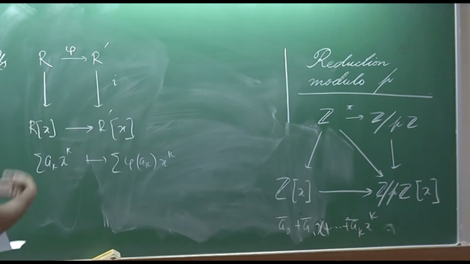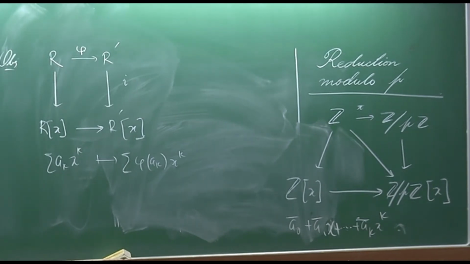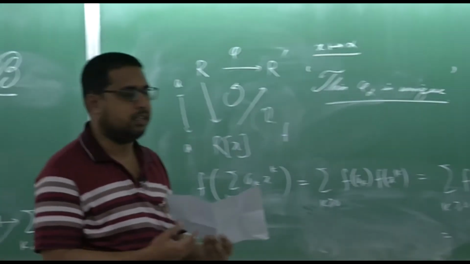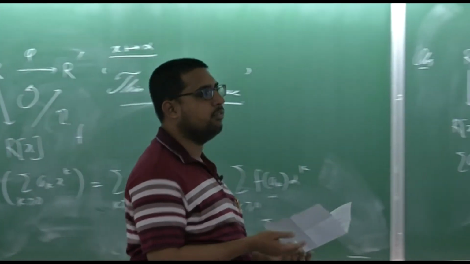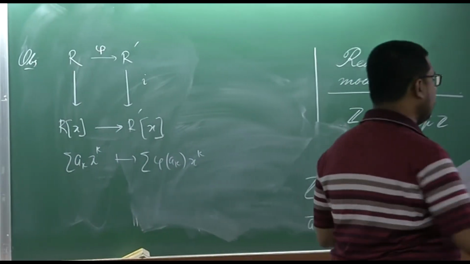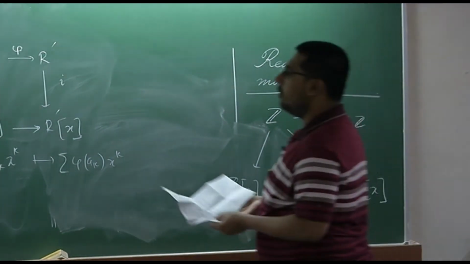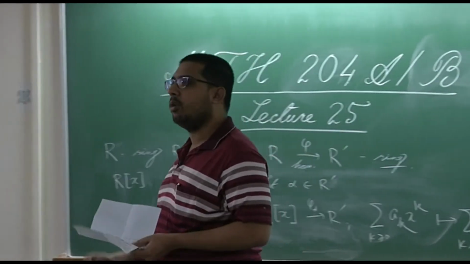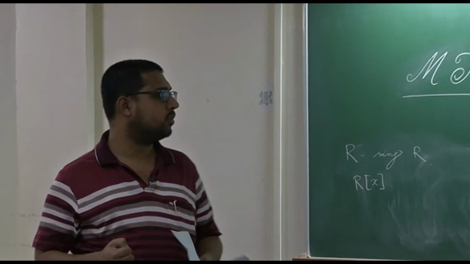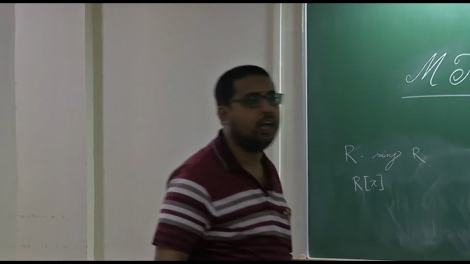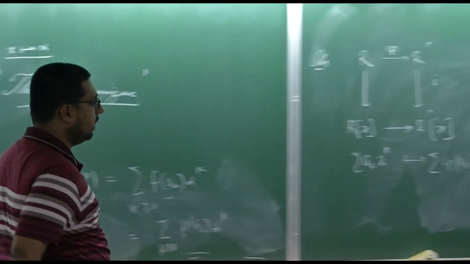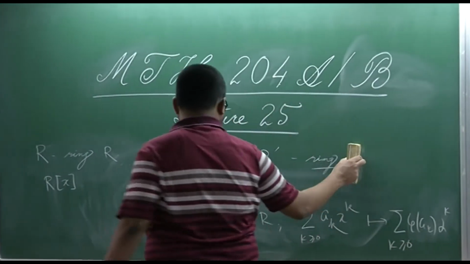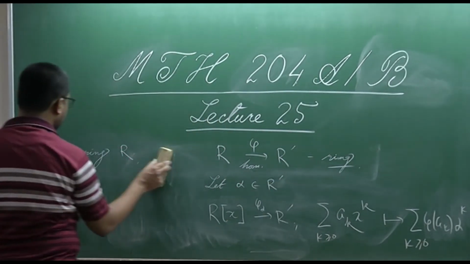These are some of the common instances of the substitution principle. Of course, as I said, this is perhaps the most important ring homomorphism that we encounter in whichever area of mathematics we deal with, because we do arrive at polynomials, and then we have to evaluate polynomials at certain points. So that evaluation is possible by virtue of this ring homomorphism. This is not symbolic, this is something very concrete. So that is what we have discussed here, and this can be even further generalized to polynomial rings